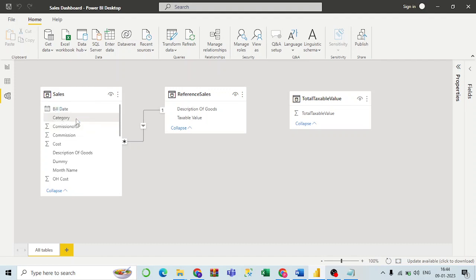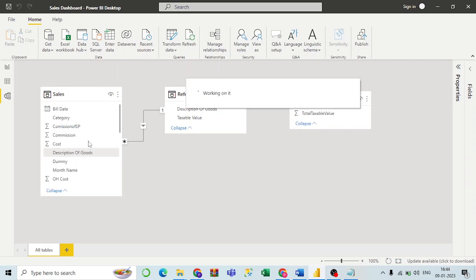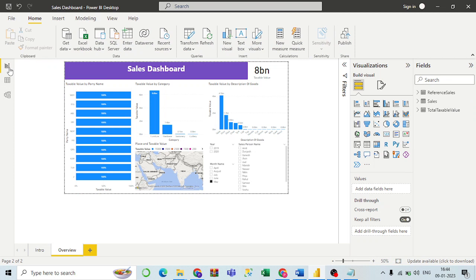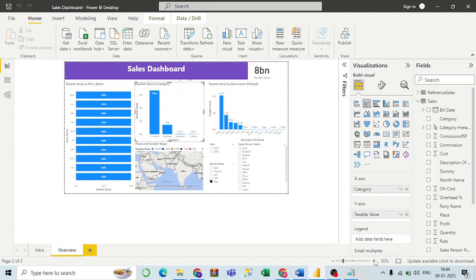I want a hierarchy of category and description of goods. Okay. So now you can see there is a hierarchy, and I can then go back to my report. And for example, here in the taxable value, I will just